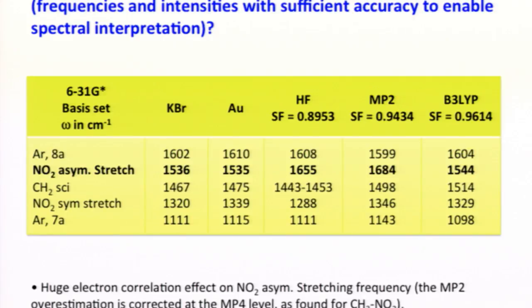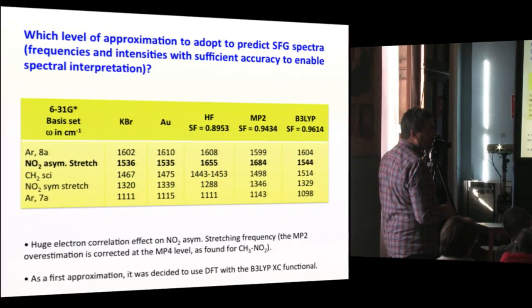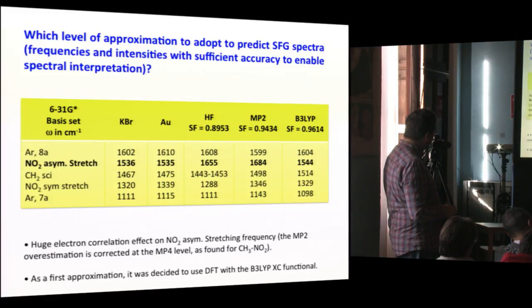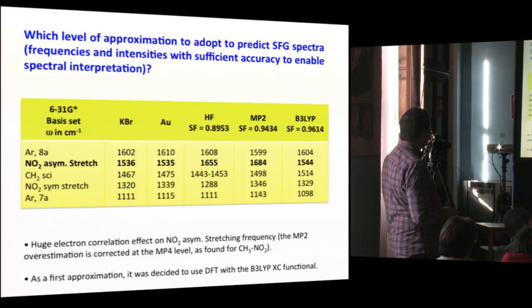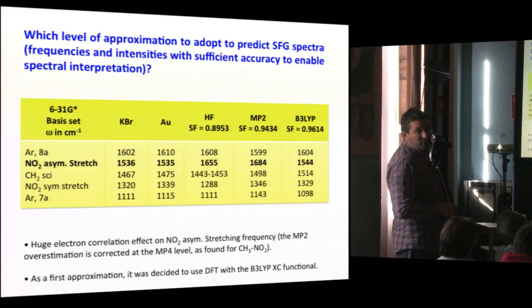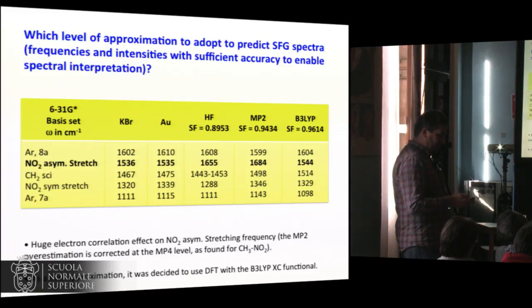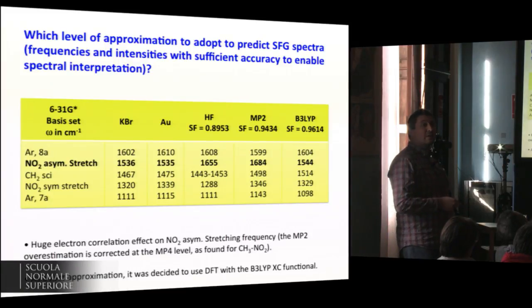It was possible, but at the same time, to check that it was coming from electron correlation, and by doing a calculation on this nitromethane molecule, it was found that the huge overestimation that you find with MP2 is corrected when you do an MP4 calculation. So anyway, at that time we decided that we should start doing some initial simulation, not by using CPHF